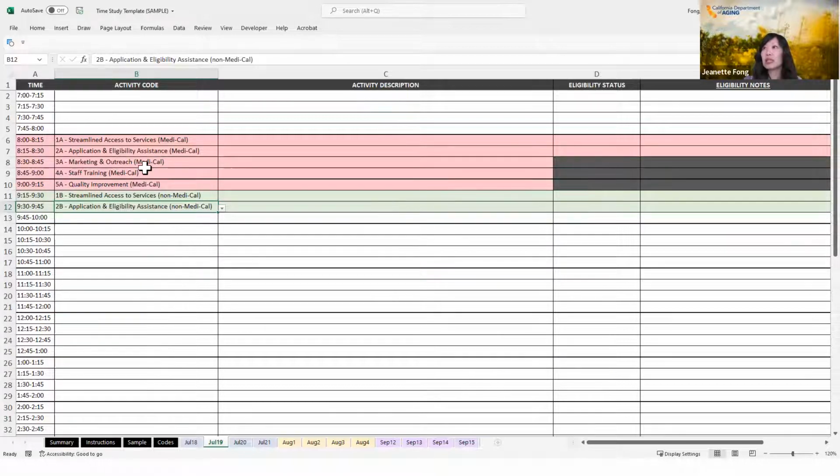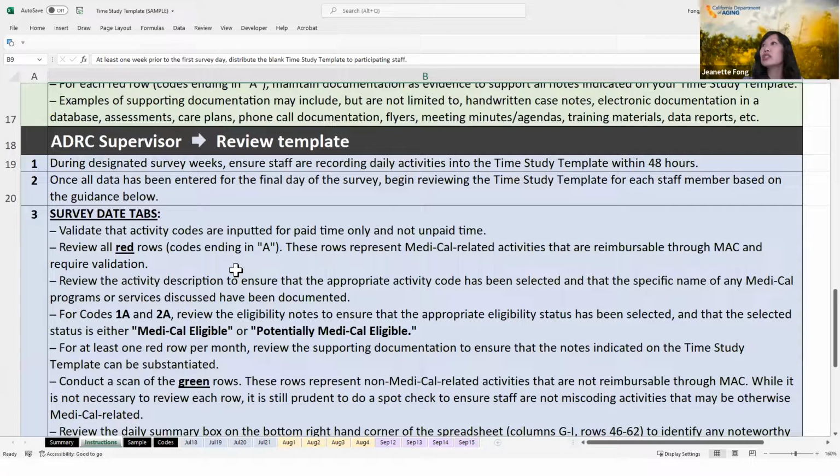One thing about this, I know it's 15-minute increments and that seems like a lot. You do not have to do this throughout your day. On a scratch piece of paper, or if you all with your AAA or ILC use some other documentation system like another database, you can transfer data over to the spreadsheet later on. So it's not required you do this throughout the course of the entire day. You can do it at the end of the day. In the instructions, we ask that you at least do it within 48 hours though, okay?